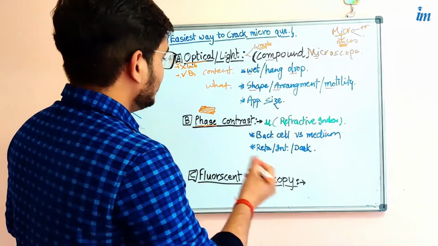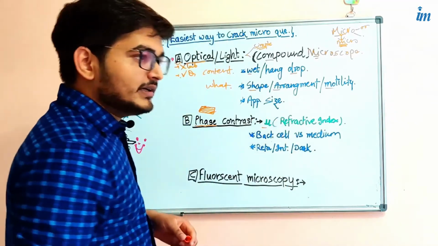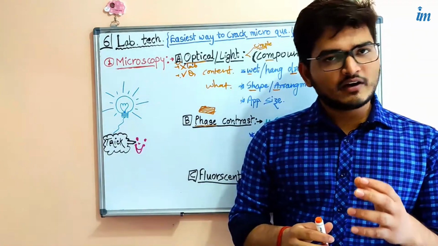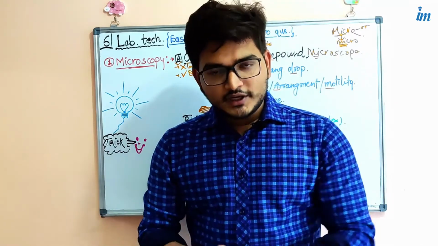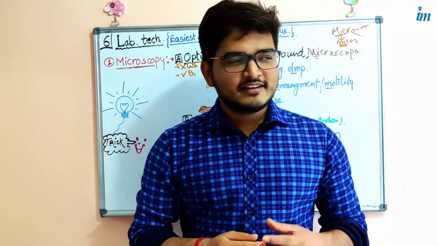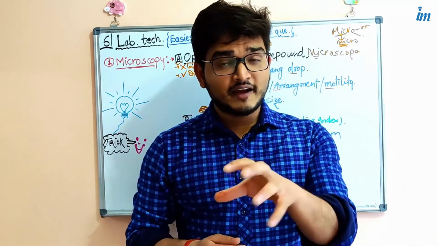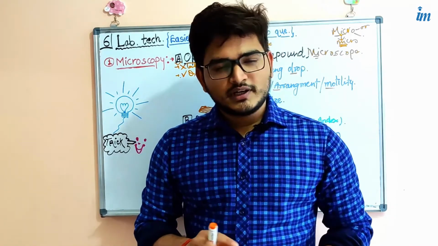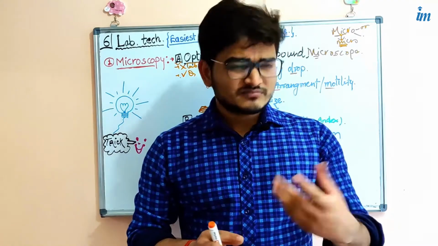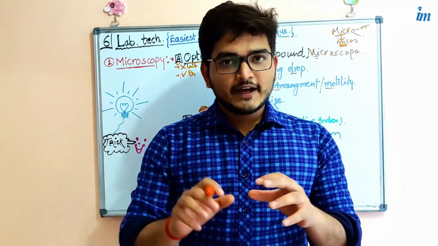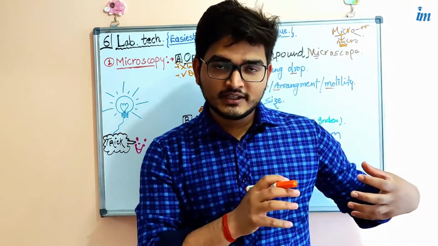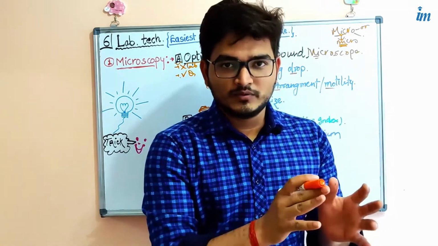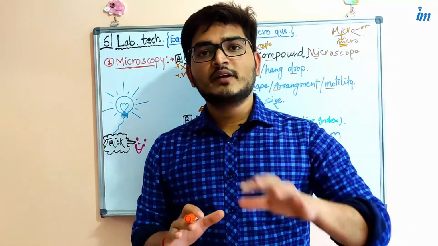Why one step ahead? It is based on the refractive index of the medium or the bacteria which is used. Why do I talk about the refractive index? See, a living body is composed of lots of cells, and the cell is the structural and functional unit of life. A cell has the cytoplasm, nucleus, cell membrane. These three things are very important and always found in any eukaryotic or living cell. So they have some morphological properties, some physiological properties. But what are those things which give them the basic background? Like cytoplasm has a particular refractive index.